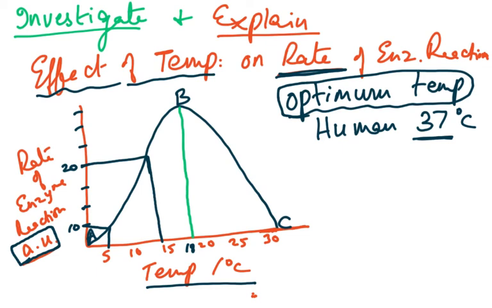Now this graph that I've given you: between A and B the rate is increasing. Then as the temperature after B increases, the rate starts to drop, but it doesn't drop to 0 immediately. It still takes some time before it is totally denatured. At point B, the temperature is probably 18 degrees Celsius, and that would be the optimum. So before the optimum,